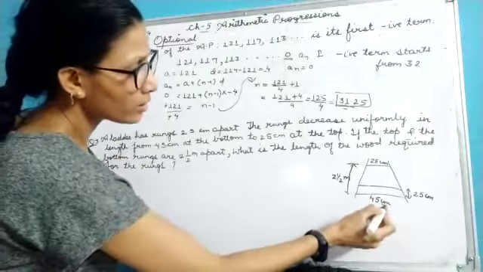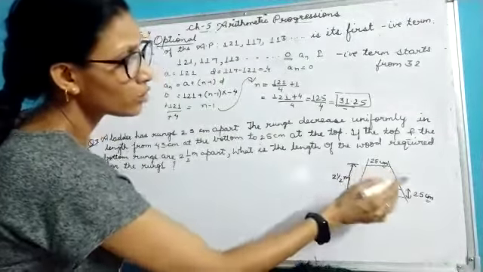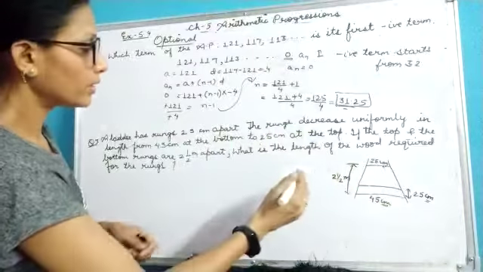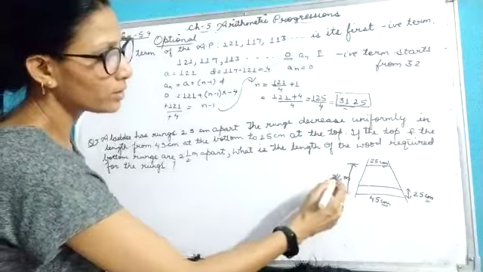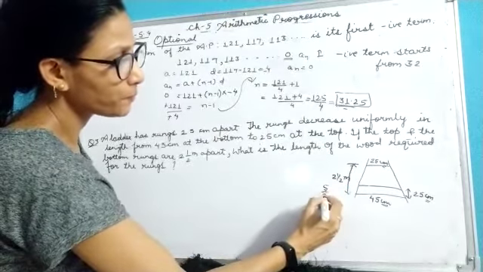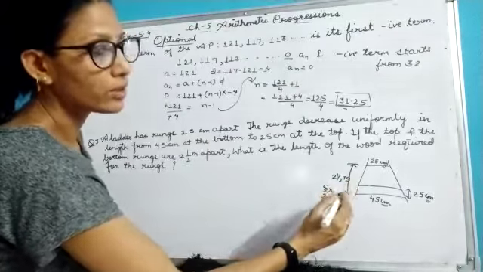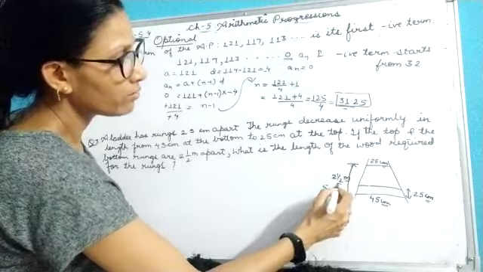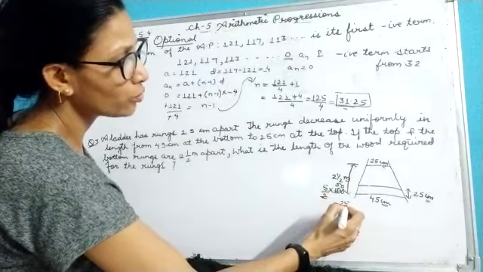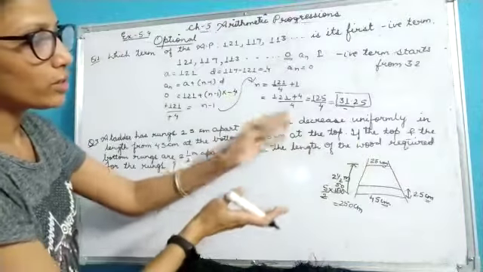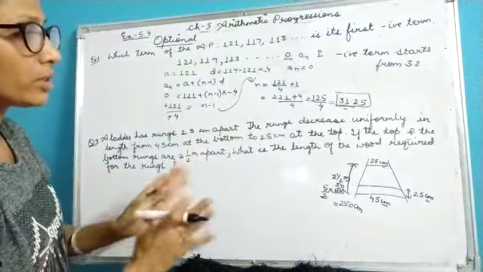Now children, see, this is centimeter, this is centimeter, these all are in centimeters, this is in meters. So I'll convert this into centimeters. So first of all I'll convert this: 2 2s are 4 plus 1 is 5 by 2. And if I want to convert meters into centimeters, I will multiply it with 100. So it will give me 250. So this is your 250 centimeters. These two rungs are 250 centimeters apart.